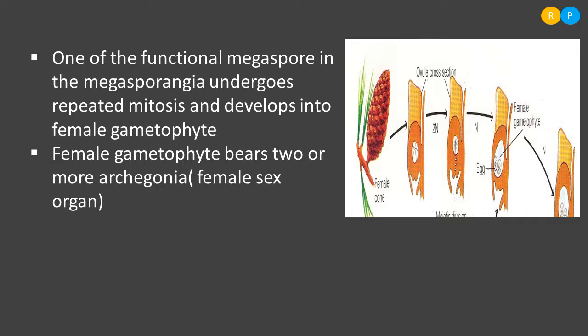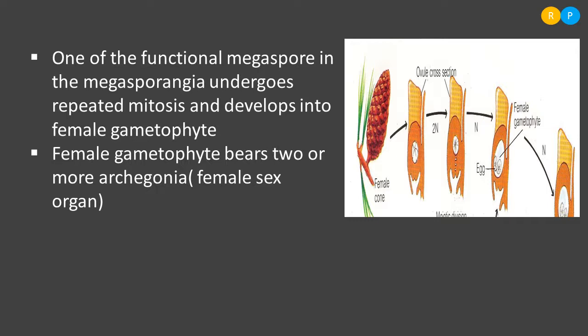female cone itself. So soon after the formation of the female gametophytic structure, it is not going to separate from the plant. We have studied in the bryophytes and pteridophytes that the gametophytic plant body actually separates from the sporophytic plant. Is it not? But here there is no separation of the gametophytic structure from the sporophytic plant. So the gametophytic structure is retained within the same plant in order to form gametes.